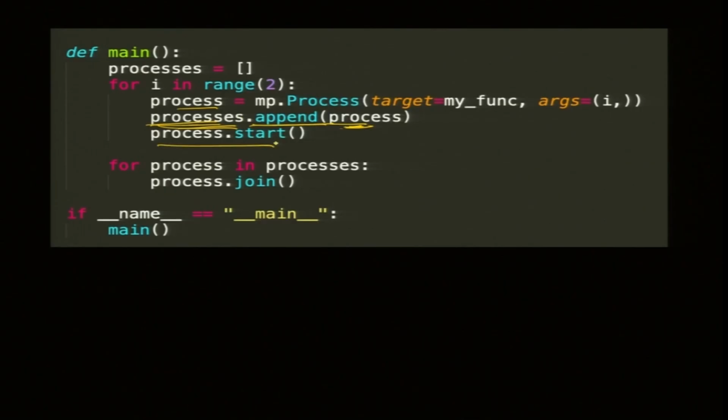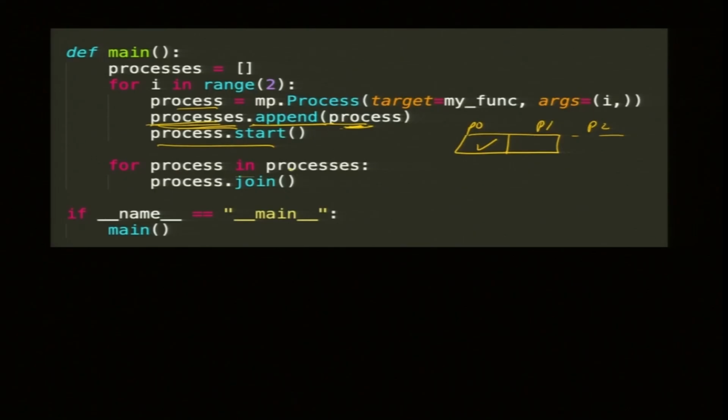And start. So, I create the first process, I add it here in the list as P0, then P1, or if you have more, P2 like this. So, all the processes have started now one after the other. You just start these processes, but then after this you say, well, I want to close these processes, join them.